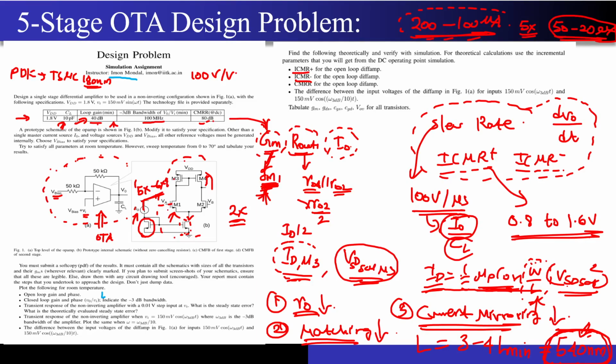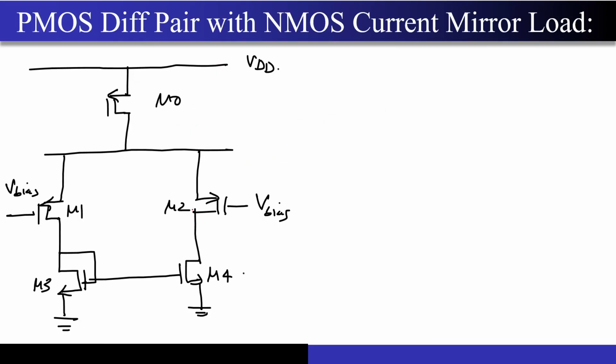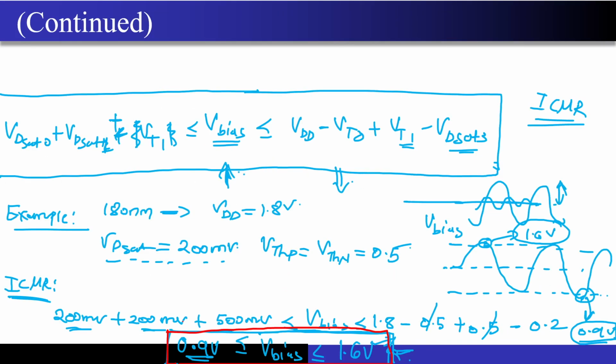Now remember, how will you choose the bias point? The current that is consumed by this M1 is enforced by the tail current source, correct? Your only job now is to ensure that your bias is within the input common mode range. What do I mean by that? So if you look, we have solved this numericals, right? We have solved this. There is a range, a bound that I have placed on the V